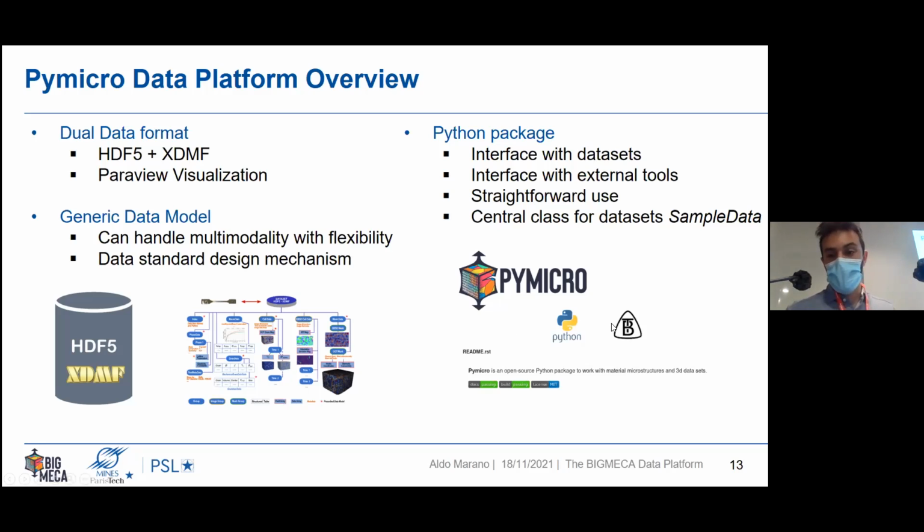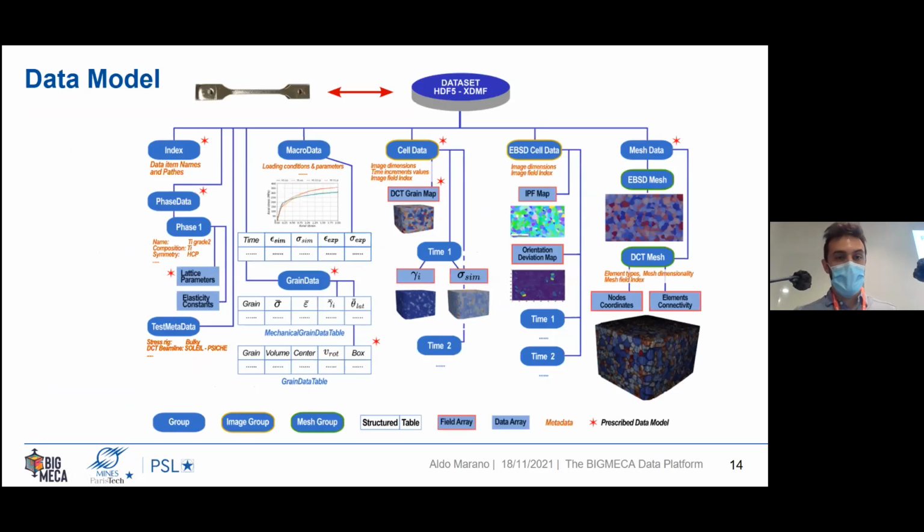I have to mention here, of course, that the package uses the Safran basic tools package for all the problems linked to mesh manipulations. As for the data model, I will not go into the details of the elements now, as I will later, but you recognize the study of Clément. It is composed of three different kinds of organization levels: datasets, data items, and groups. A group is like a folder in the file system. You have generic groups that can store any kind of data, and we created image and mesh groups